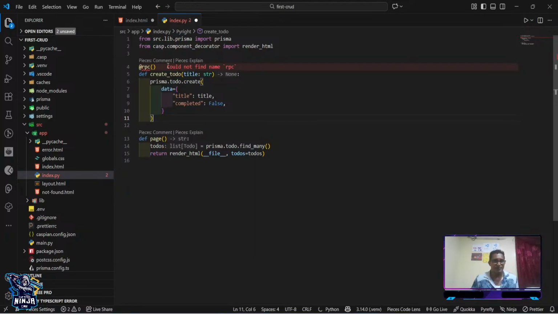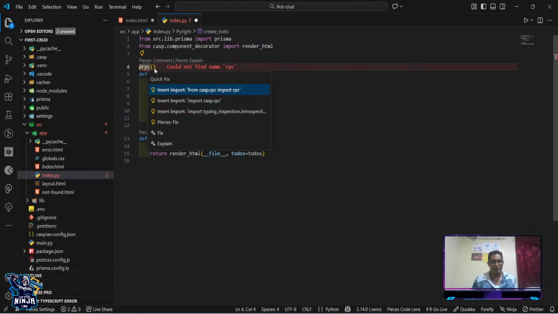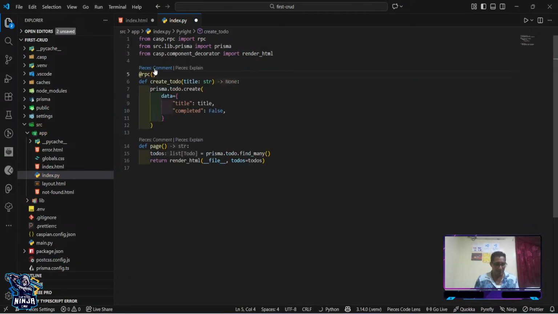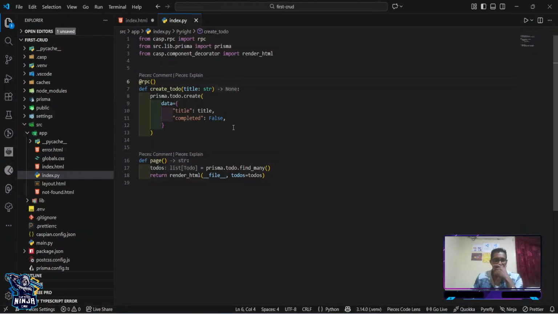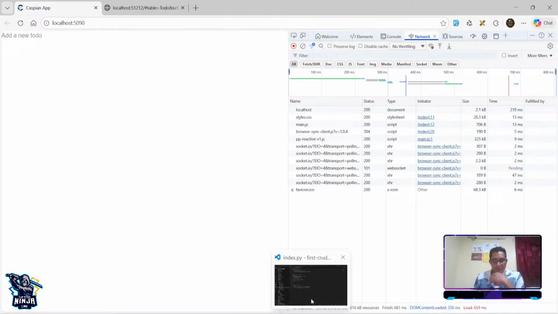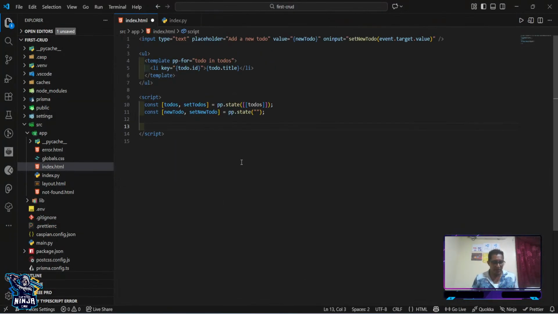So let's import from Caspian RPC. Now when I press enter, or when I press, let's say on key press,